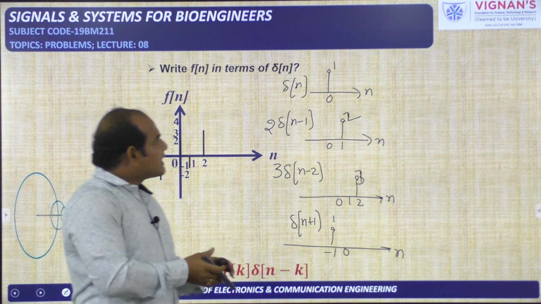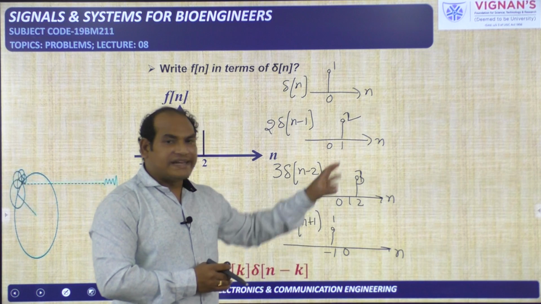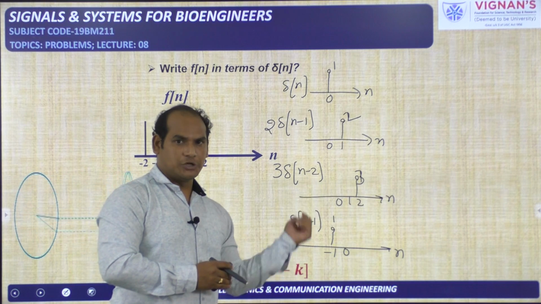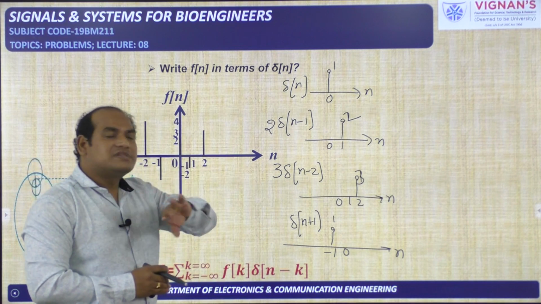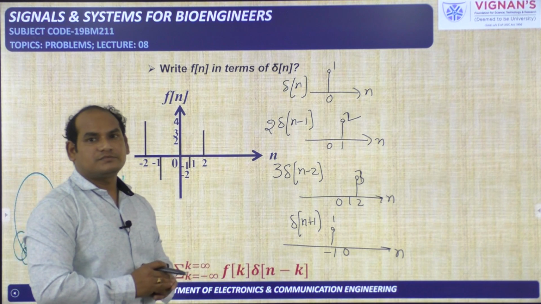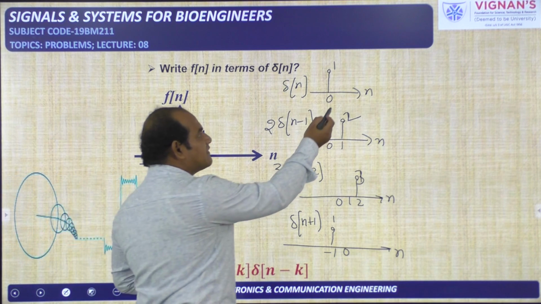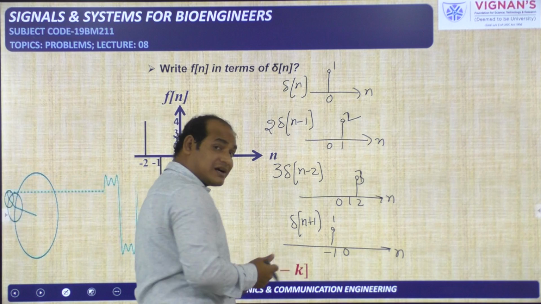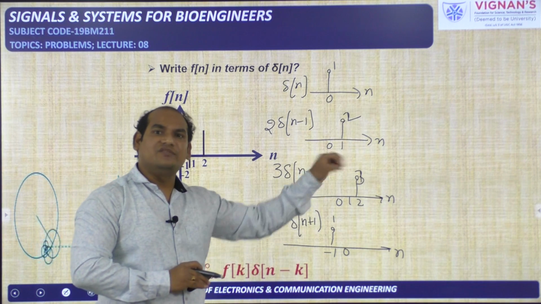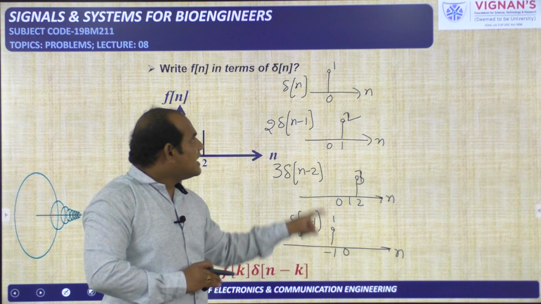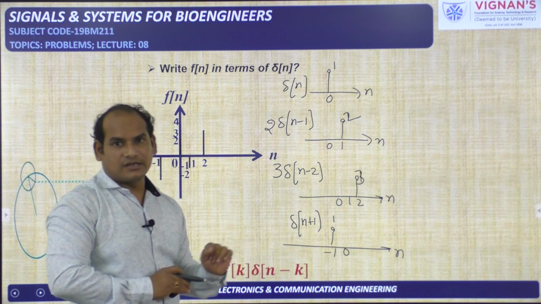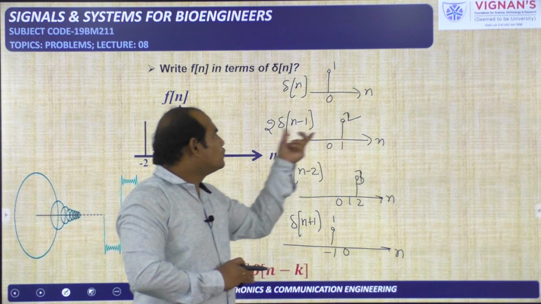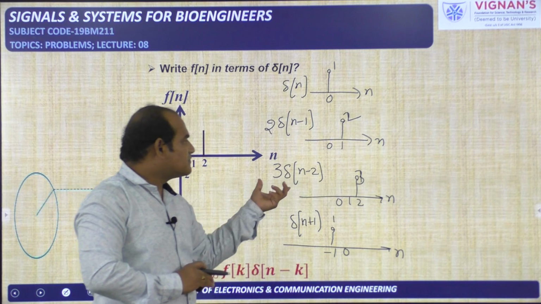So any sample which can be available at any time, on the right side or left side, by taking the value of n positive or negative, or with any amplitude, all the samples can be represented in terms of del only. The sample can be available at n is equal to 0, at n is equal to 1, 2 or minus 1, whatever it may be. So the sample position can be anywhere, and that can be represented as a shifted version of del of n. And the sample amplitude can also be anything. It may be 1, simply del of n. It may be 2, 2 times del of n minus 1. It may be 3, 3 times del of n minus 2.